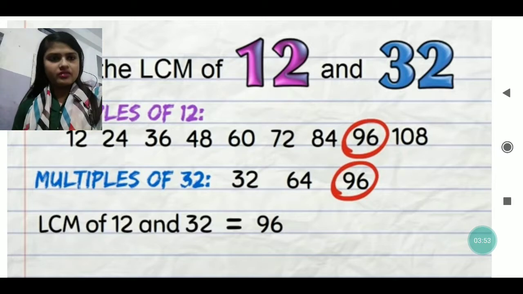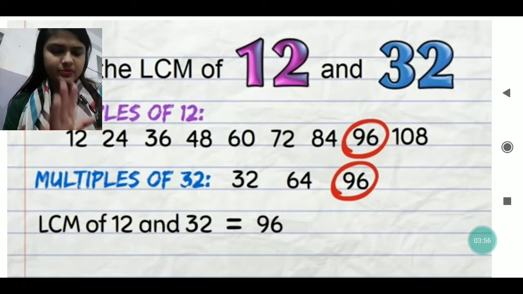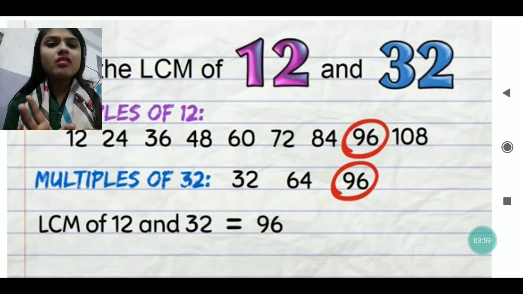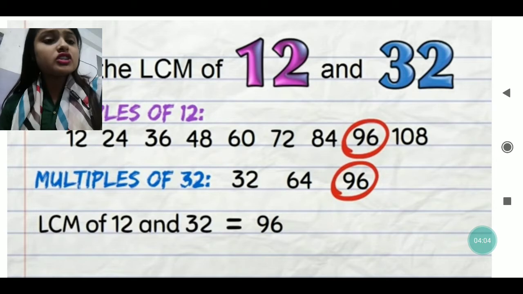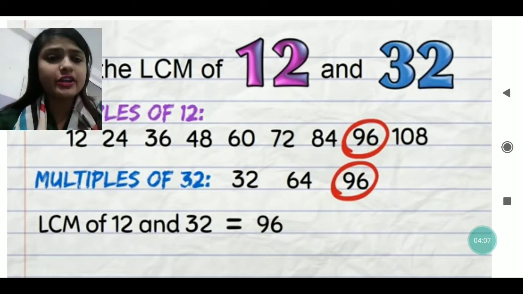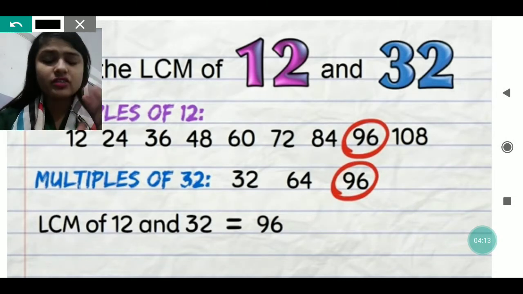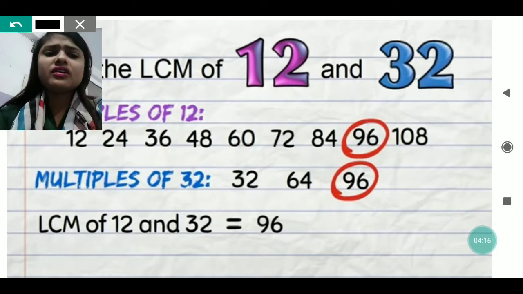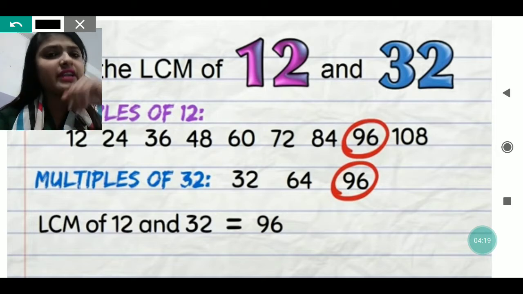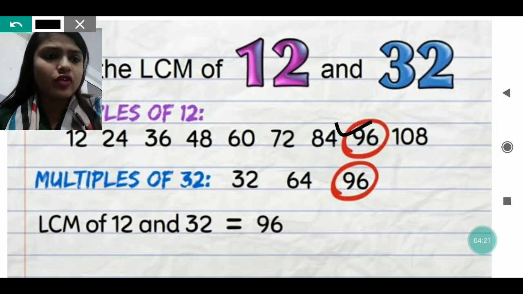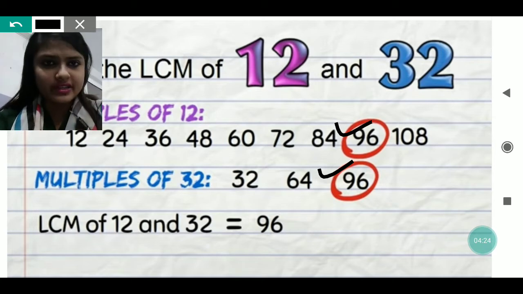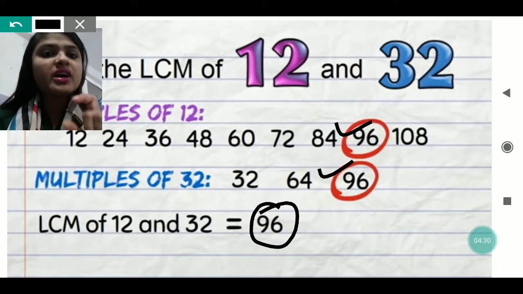This was the listing method which we talked about in the last class. Again I'm just giving a recap. Like 12 and 32 are there, and I have written the multiples of 12. Maybe the question arises: why have you not written the multiples of 32 as much? Only three multiples of 32 have been written, whereas we have written so many multiples of 12, because in those three multiples I got the common one between them. So no need to write further. Common is 96, so 96 is the least common multiple of 12 and 32. No need to go further.